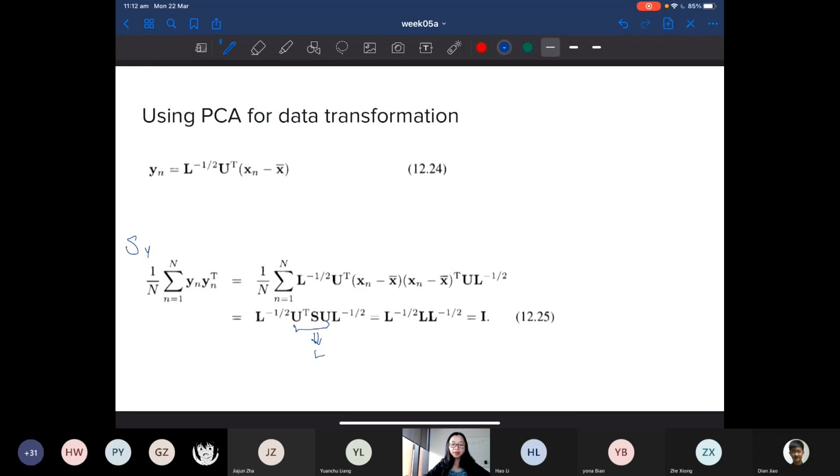Plug it in and stare at this again. Oh, now L cancels out the diagonal matrices, so it works, right? So they cancel out. The result is identity. So that's rather nice, right? So covariance of Y